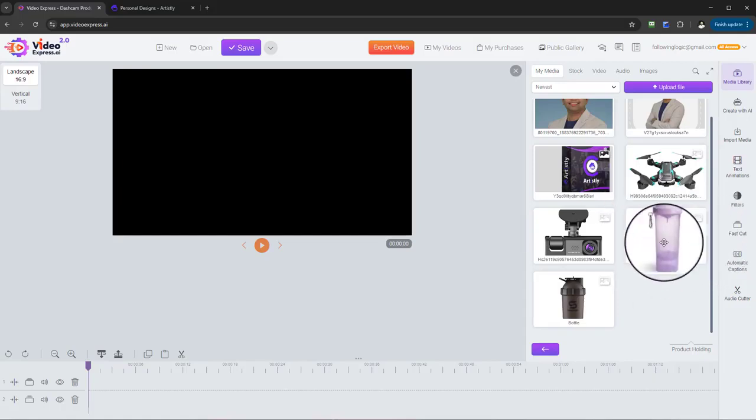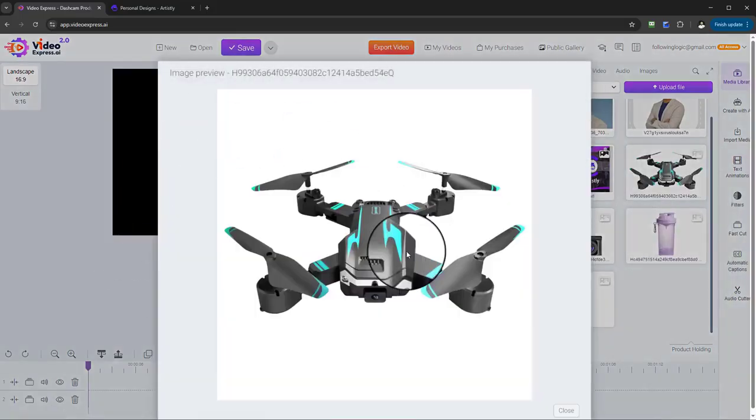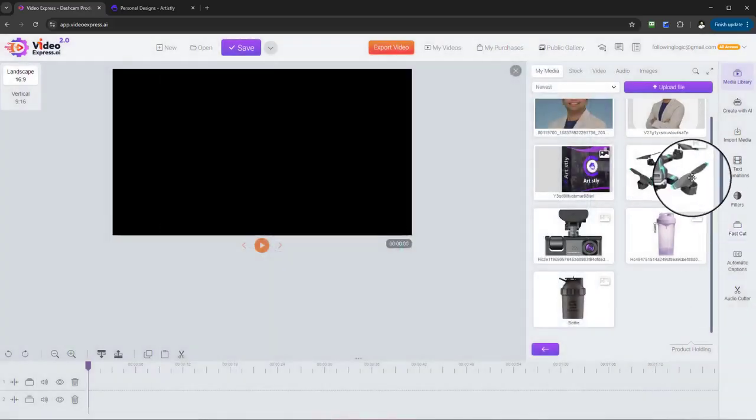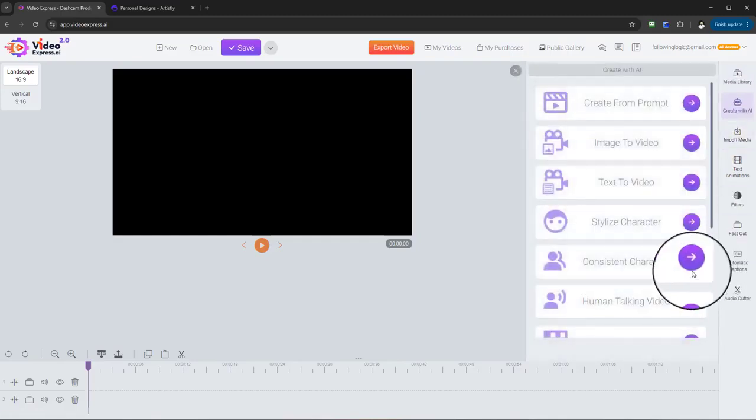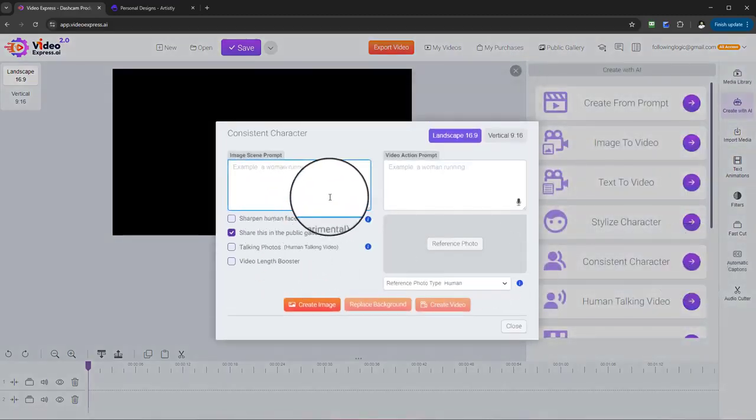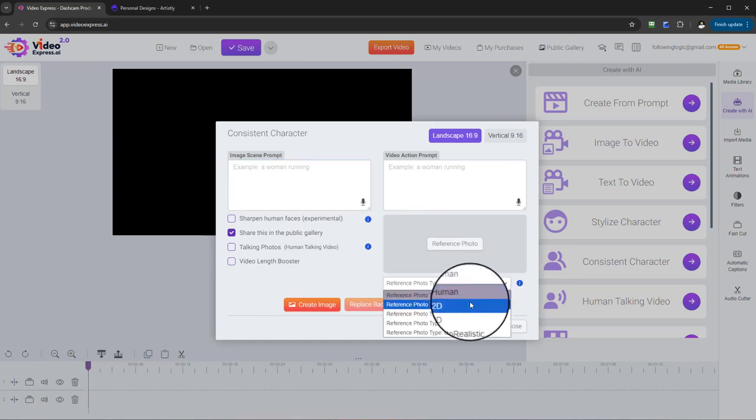Secondly, there's another gym bottle, and there's a drone. Okay, and these are some of the elements that I can use. So you can have things nice and organized. Now, if I return back to Create with AI and I select Consistent Character, now first I want to select